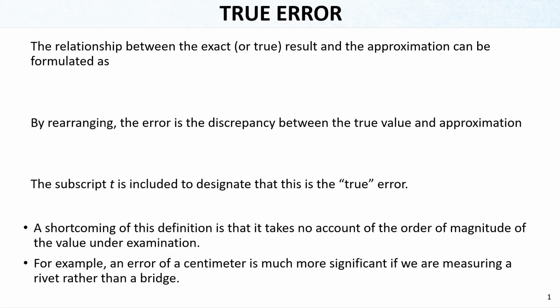In this slide, we will talk about the error against the true value. That's why we call it true error. And basically, it's the relationship between the exact or true result and the approximation result. And we can simply write the true value as